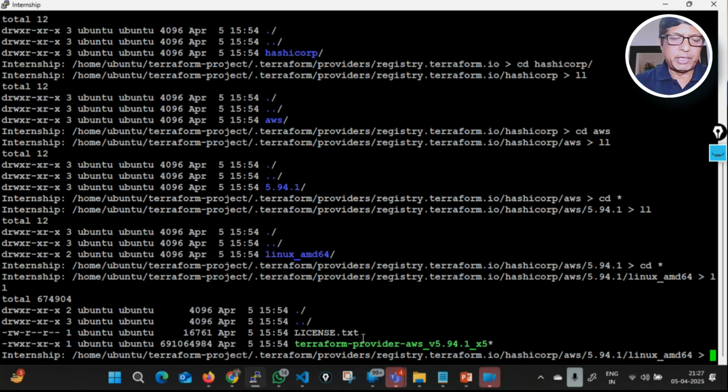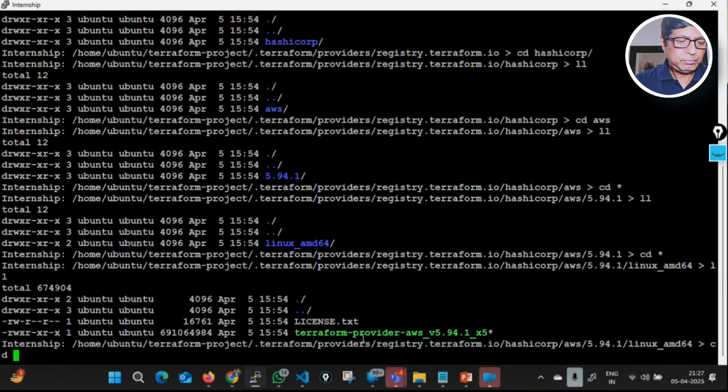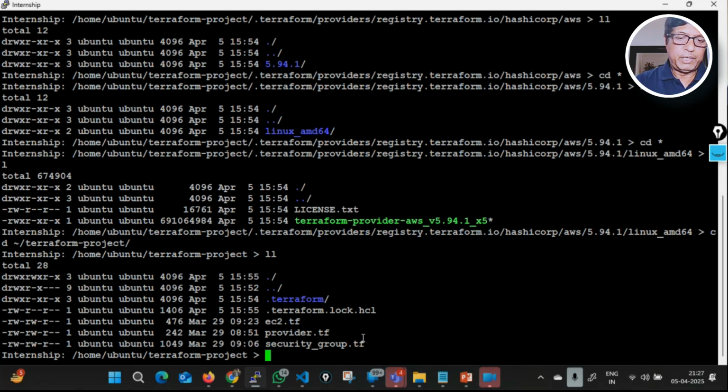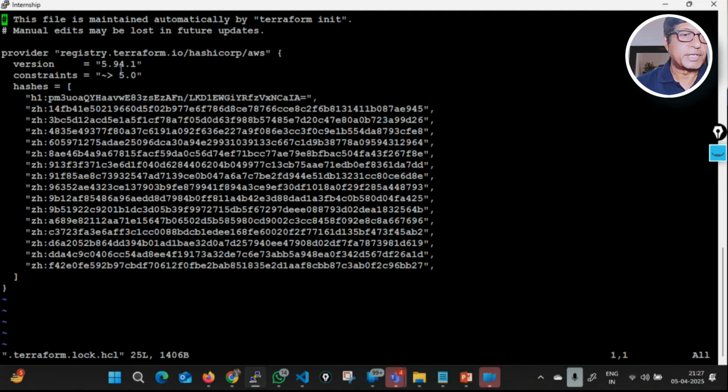I do not need to go there because my plugins are already there. So I will go back to my Terraform folder and we have just now seen that there are plugins downloaded. And this is the log file. If you go to .terraform .log, you will see this is a hash. This is a Terraform. What is that? This is your